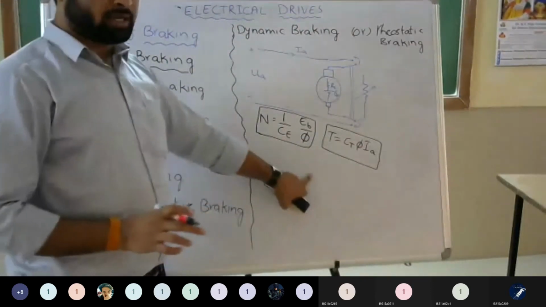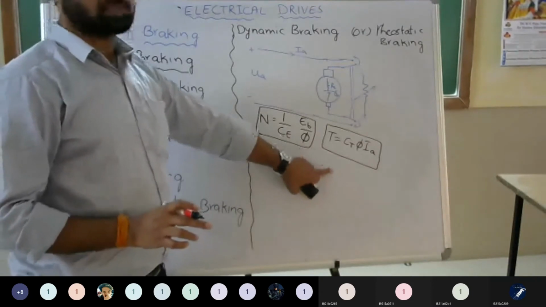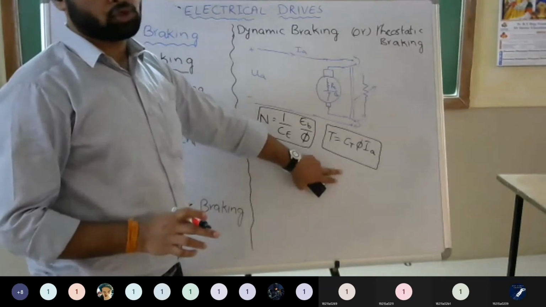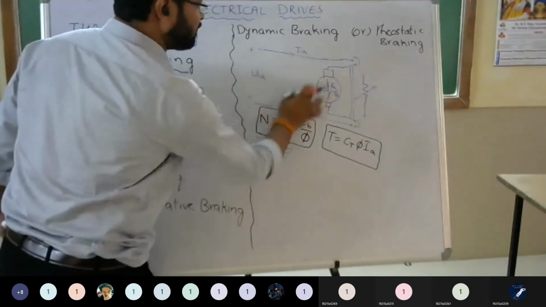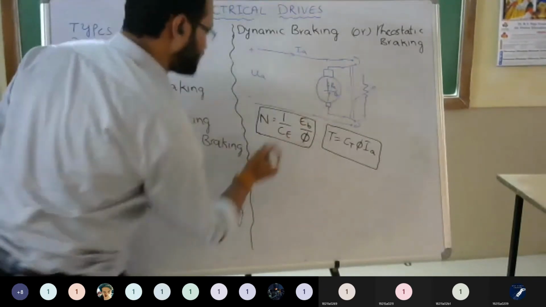So again, if you want, right now I will tell. If anybody asks, that is okay. I am considering that you people know how this came. This is the 4th class again, and I am using these things. So here also, if you apply the KVL when it is operating as a motor, what is the equation?